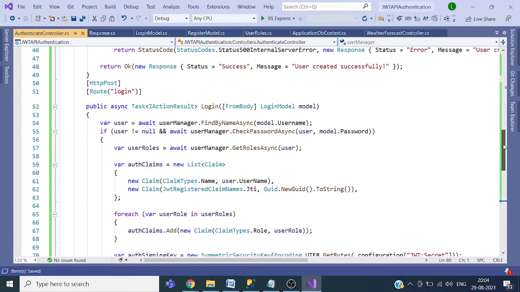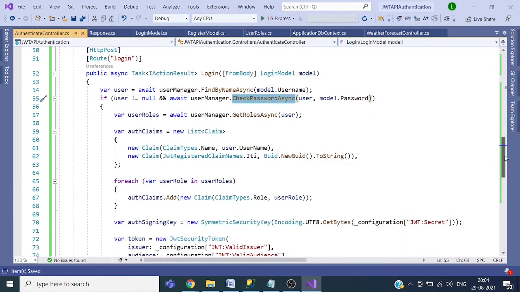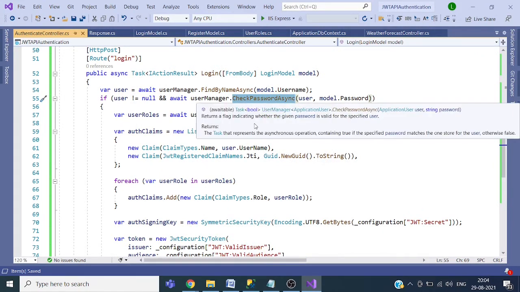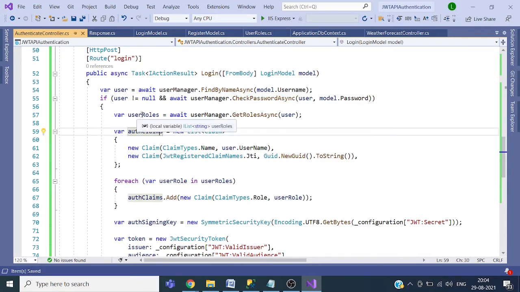In case of login, the user will provide username and password, and that data will be stored in this model. First of all, we are fetching the user with the username. If the user exists, then we will check its password. If the password is correct, in that case we are retrieving the roles.